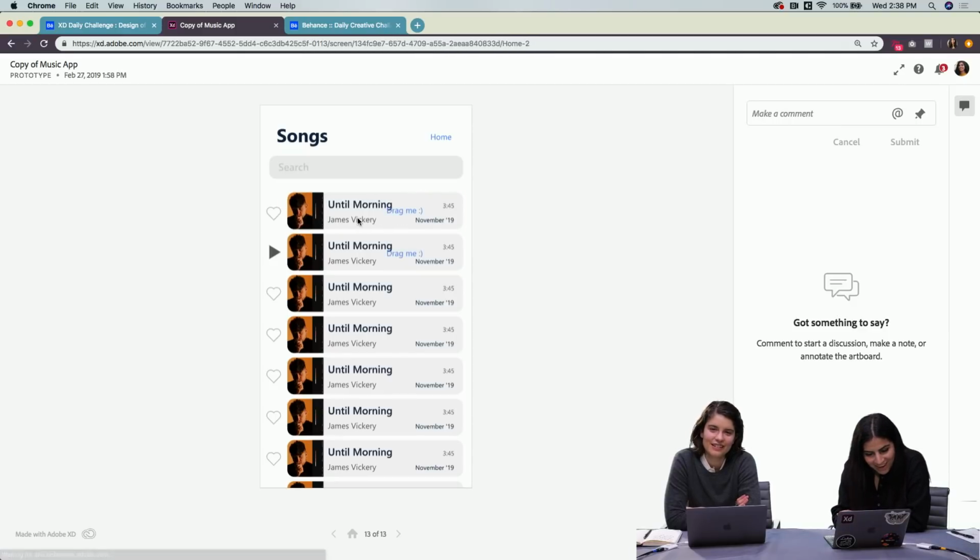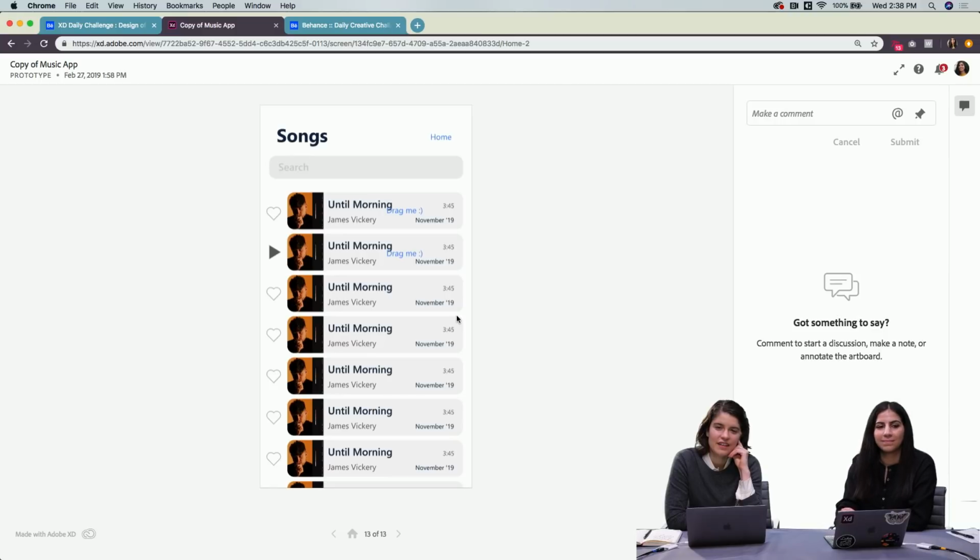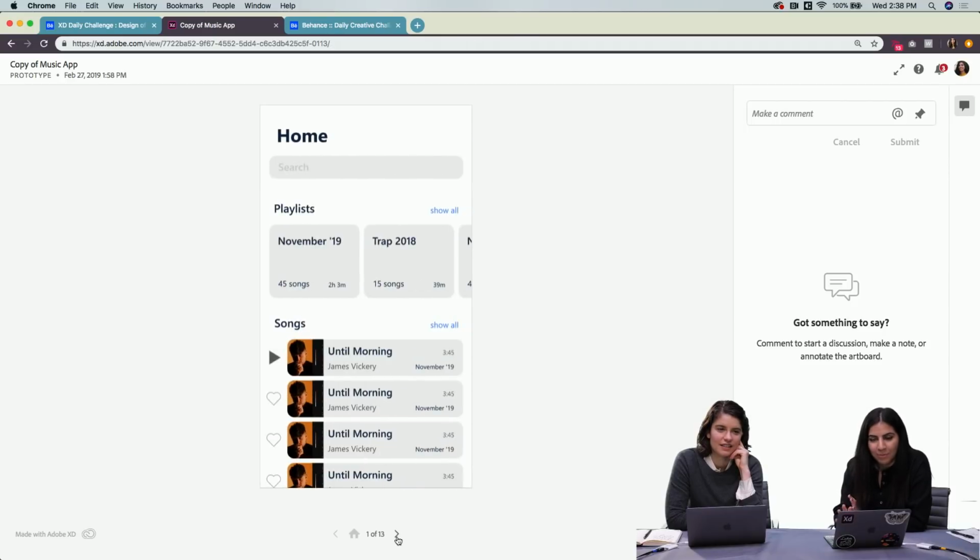I like this a lot because it's a different architecture to a music app than I've seen before. It's nice that it's something different, but simple enough that it makes sense and you can tell what everything is. I think it's really good.